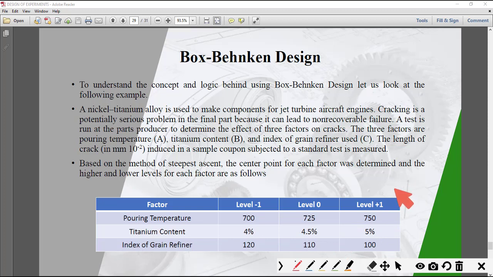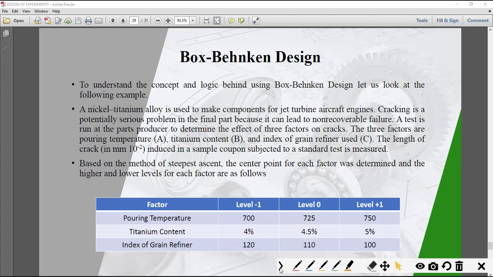experiment is in the contour, right? This might be the contour, and we might be performing the experiment over here, or over here, or over here. We might be performing the experiment anywhere, right? We have to find out the equation of this curve. Once we know the equation of this curve, we can find out the center, right? That is why we are doing all these experiments. That is why we are doing this response surface methodology, right?